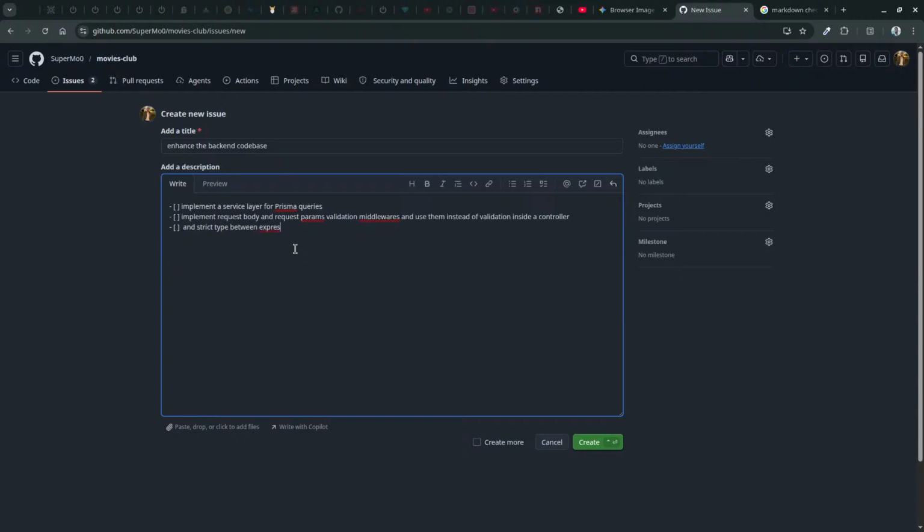Okay, that's number 2. Number 3: implement strict type system between client Axios response types and server controllers return type.